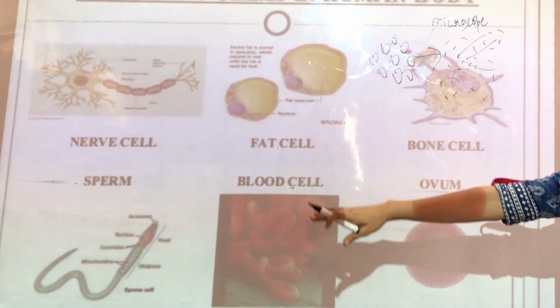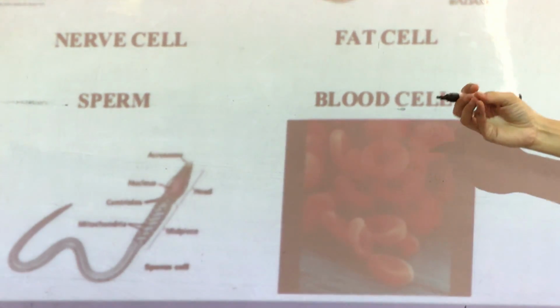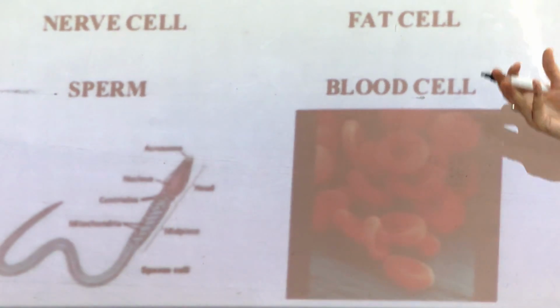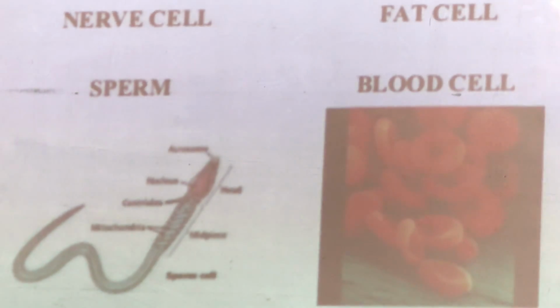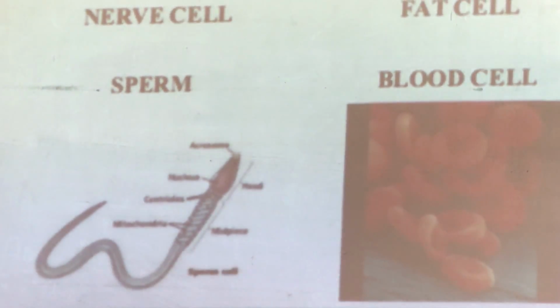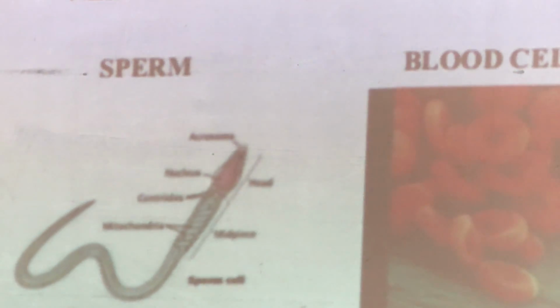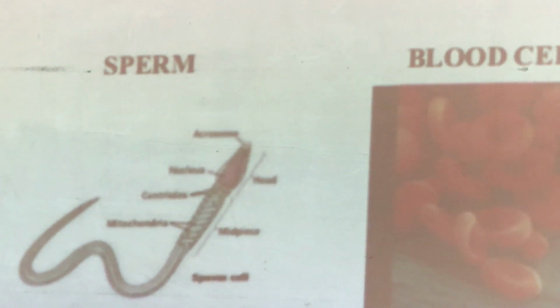The another one is a sperm. Sperm is also a type of cell, okay, which is responsible for reproduction. The most important process, okay, that is responsible for the survival of any human being. So that cell which is called a sperm cell is also a cell which is present in the human body, okay, also in animals.